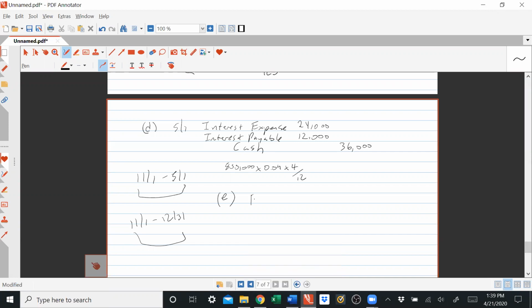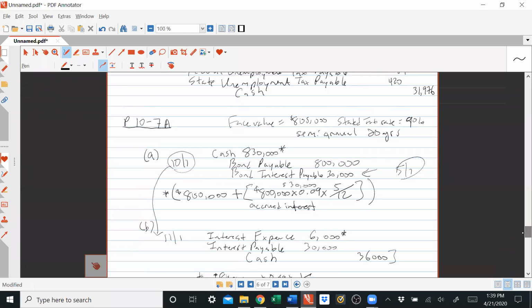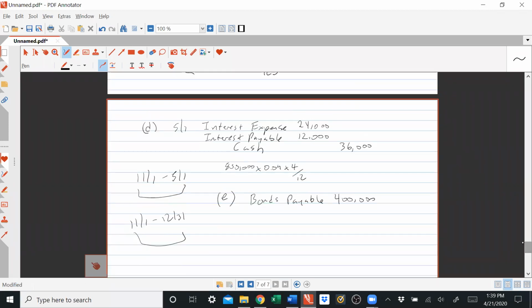That means we're going to get rid of half of our liability that we initially established, the bond payable we initially set up, 800,000. When you retire that, you get rid of that, but we only retired half of it. We retired it at 101, so we paid 101%